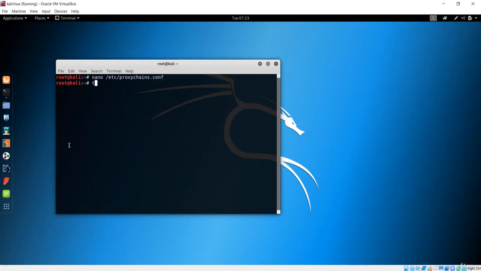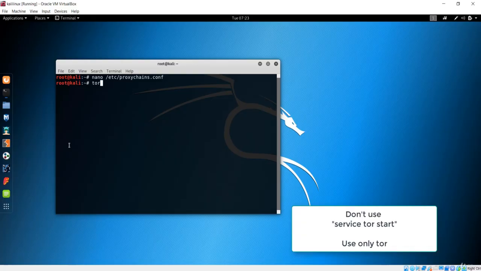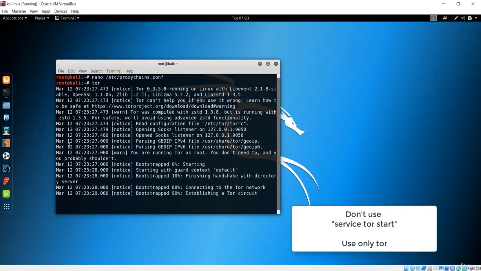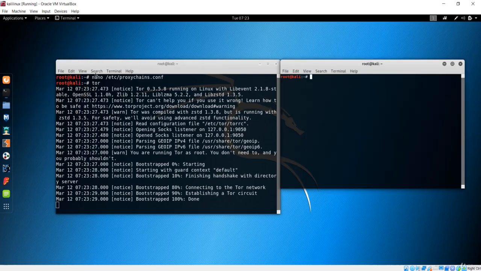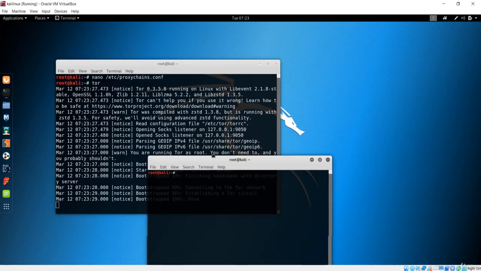Only the tor command will not start Tor using any service command. So simply write tor in lowercase, hit enter, and it has done its job. The service tor has now been started. What I want to do now is open the next terminal and do the same thing that we just did before.